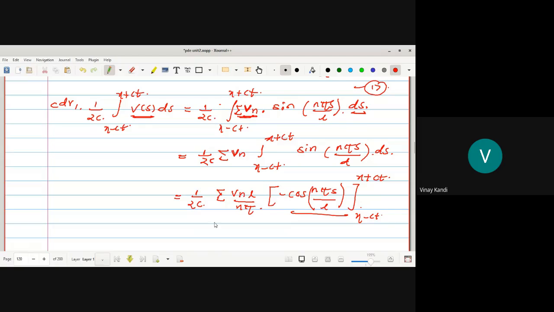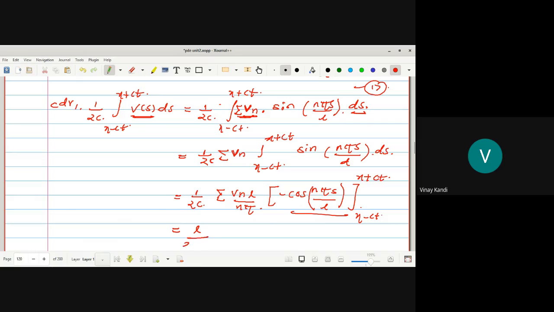कॅल्क्युलेशन चुकत असेल तर सांगा मला कुठे काय चुकते. So integration of sin x is minus cos x with divide this the coefficient by s. Okay, n pi upon l. n pi upon l केलं तर काय हा l वर येईल आणि n pi खाली with the limit x minus ct to x plus ct. So which is equal to